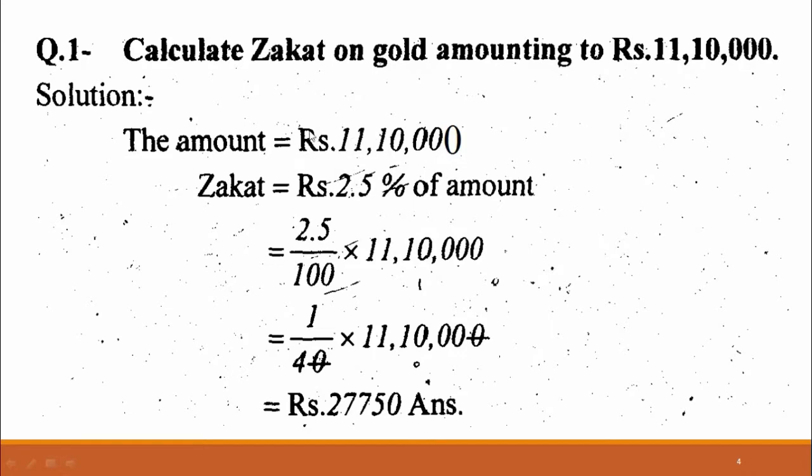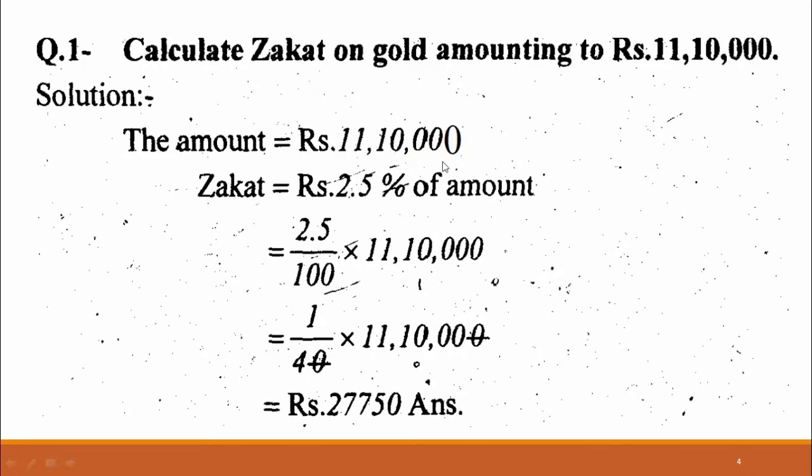So, dear students, in this basic problem, note that if you have the total amount, then how to calculate the zakat? You should keep in mind the rate of zakat is 2.5%, and according to 2.5%, what will be the amount of zakat for these total rupees? So 2.5% means 2.5 out of 100. 2.5 out of 100 is the zakat rate. Now what will be the zakat for this total?